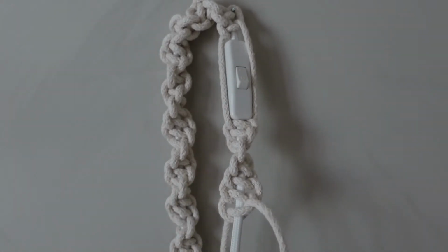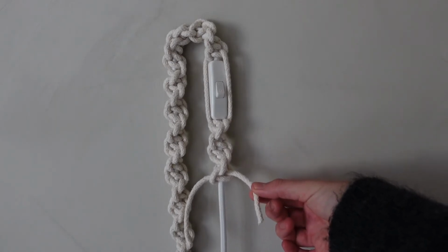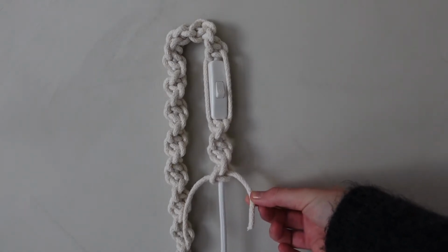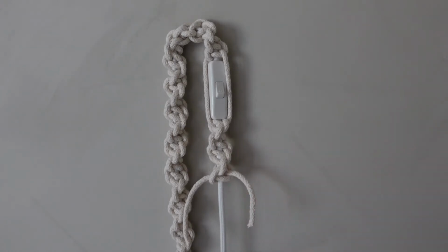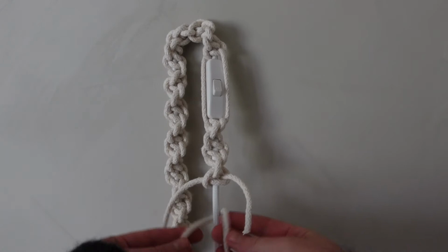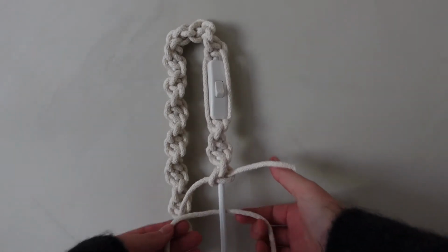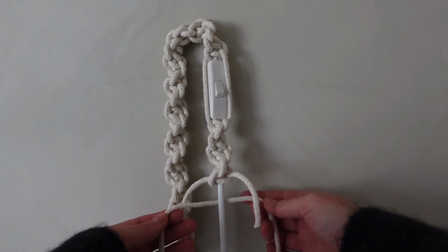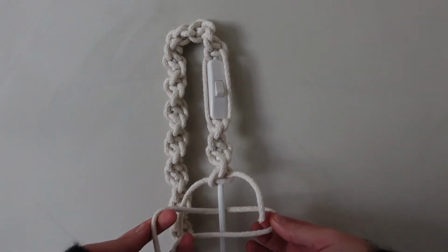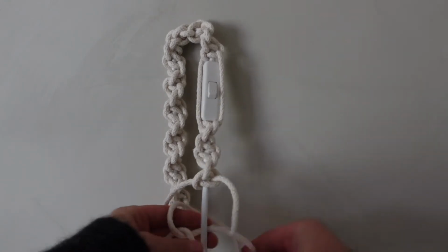Good job. As you see, I now ran out of rope, so I need to cut another piece, which I did. I cut another 4 meter long rope. And what I do now is I just continue as before. I place the rope behind the cord and create the knot